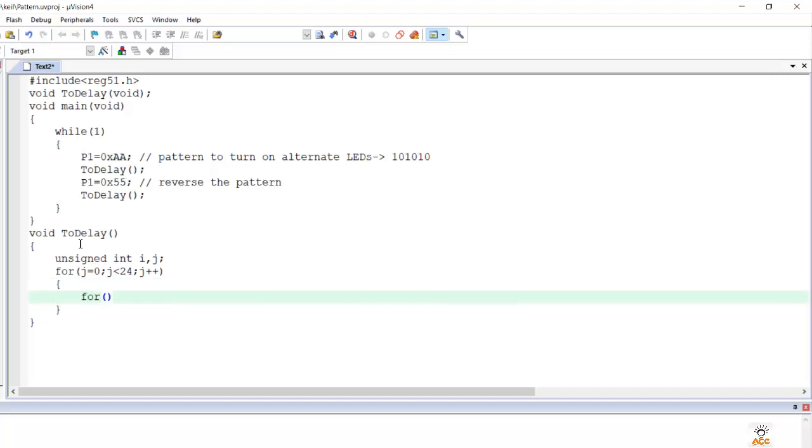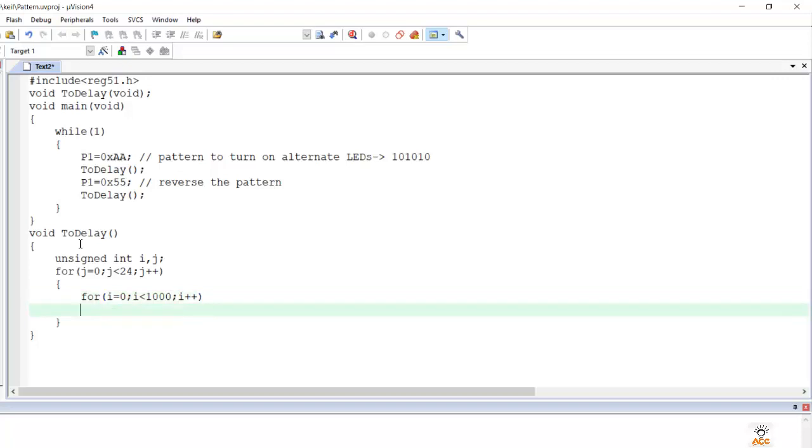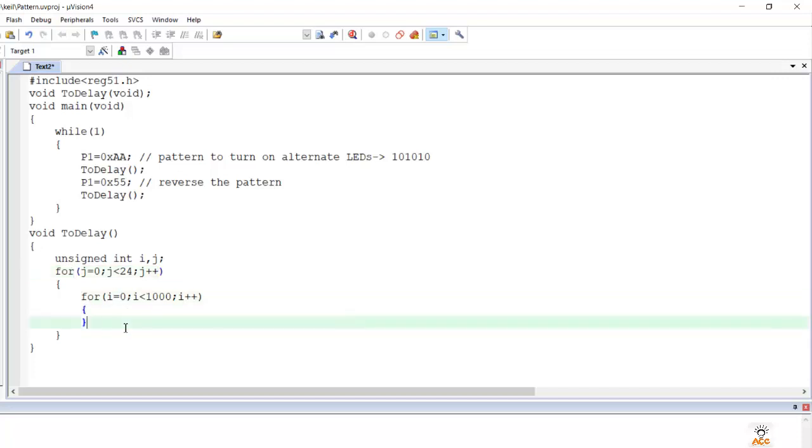This is my inner loop, for i equal to 0, then i less than 1000 milliseconds, and i plus plus. Okay, so this is our outer loop and inner loop, which would give some sort of time delay in seconds, and then again this port value would get changed.